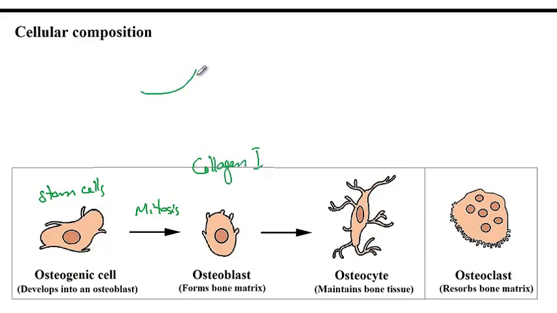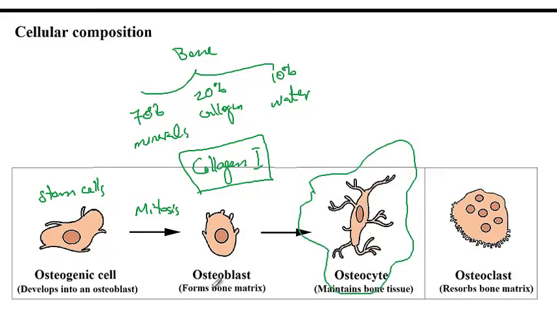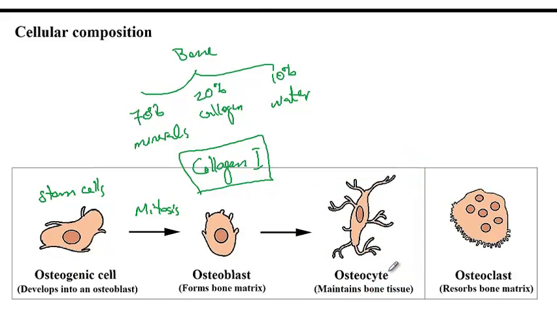So speaking of the composition of a bone, the bone is made of 70% minerals, 20% proteinaceous matrix, which is mostly made of collagen, and then 10% water. So what happens with the osteoblast laying collagen 1 is that over time this collagen will become mineralized and form bones. And then consequently, once the bone is formed around the osteoblast, these cells will turn into osteocytes, where they